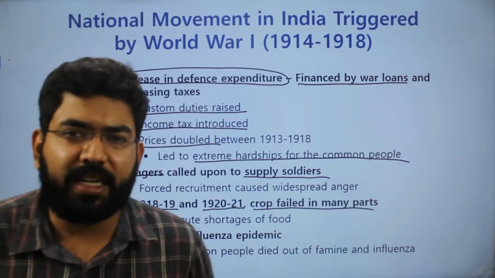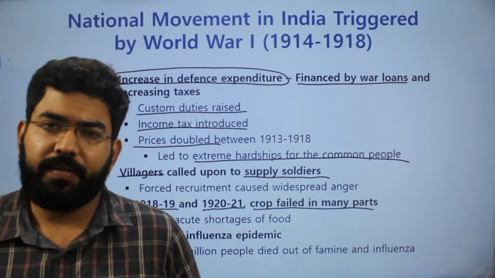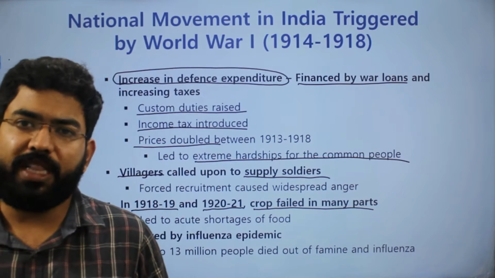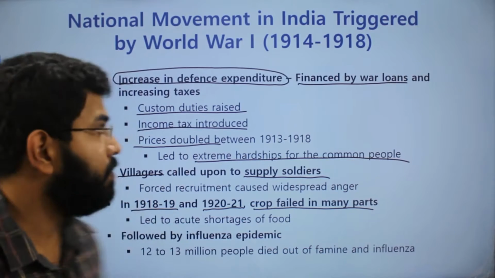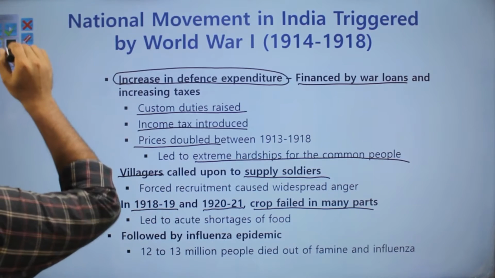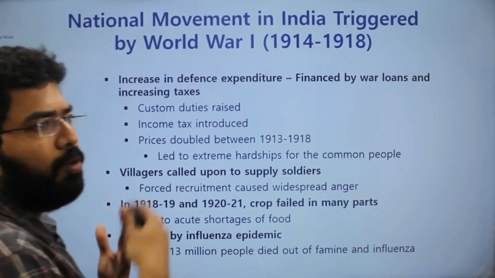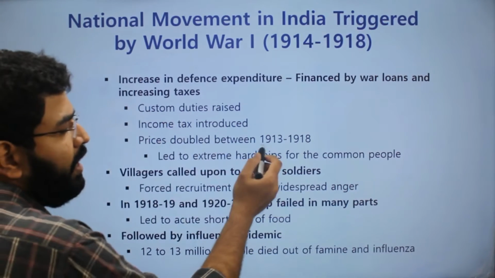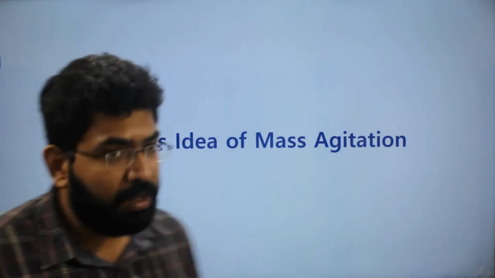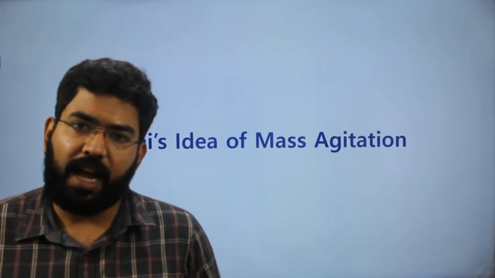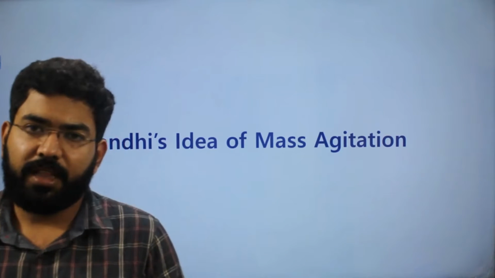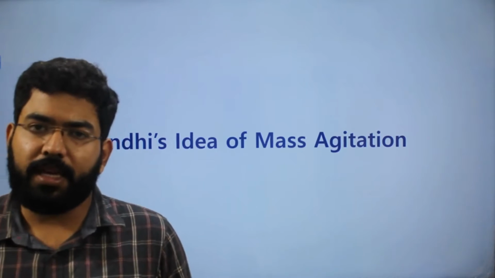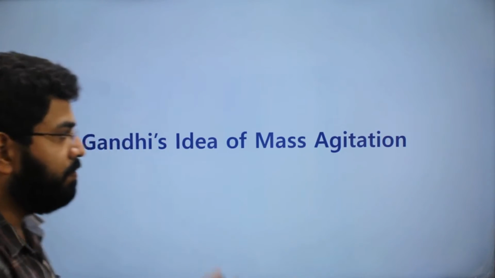All these factors combined triggered nationalism in India because everyone started to feel the impact of the colonial powers. Before this, we were ruled by Indian rulers, and now we were being ruled by British rulers. This was the trigger point. Now, during and just after the First World War, the key to the puzzle was Gandhi.